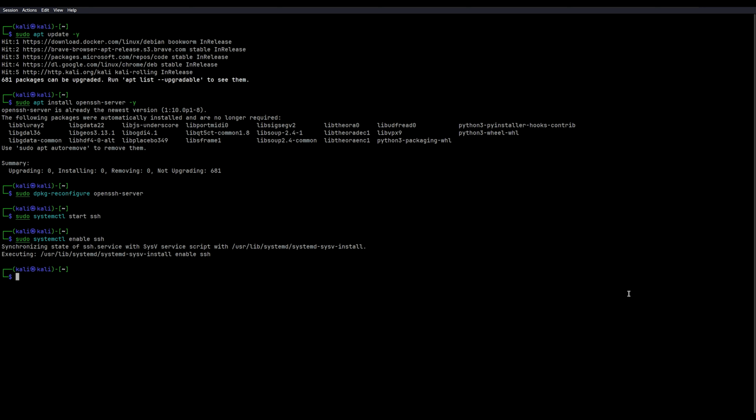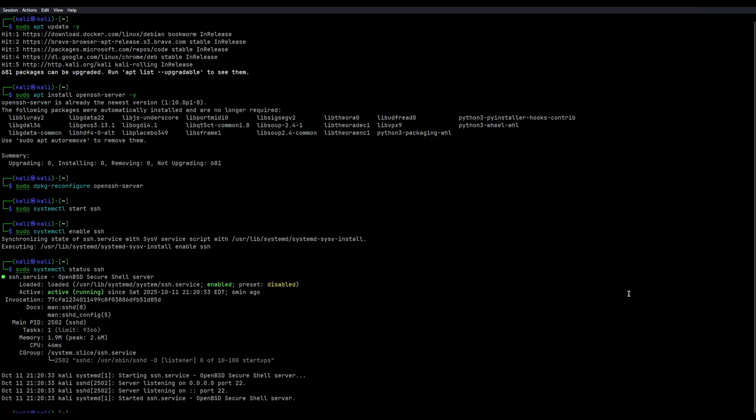You can do that by typing sudo systemctl status ssh. If you see it showing in green and saying active (running), that means your SSH server is up and ready to accept connections. Alright, now that our SSH server is up and running, it's time to configure the sshd_config file